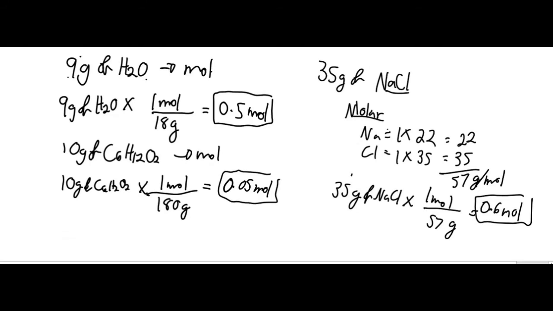Okay, let's have another example. Let's have something a little more complicated. Let's have risperidone. Risperidone is an antipsychotic drug used to treat schizophrenia and other diseases. So, the chemical formula for that is